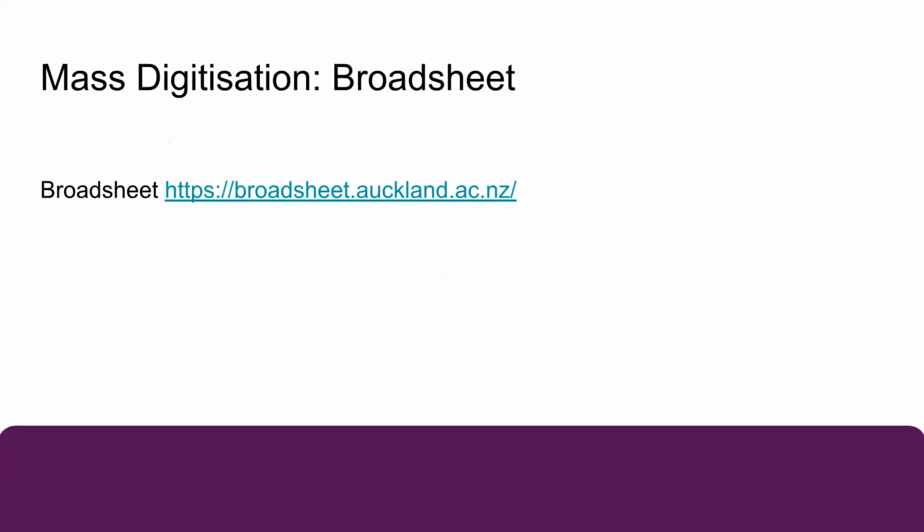Okay, so yeah, I'm going to talk about the digitisation of the New Zealand feminist magazine Broadsheet. Broadsheet was published between 1972 and 1997 as 214 issues. The magazine's an important historical resource for social history of the period. There were many individual contributors to Broadsheet, and they each retained copyright over the material they contributed.